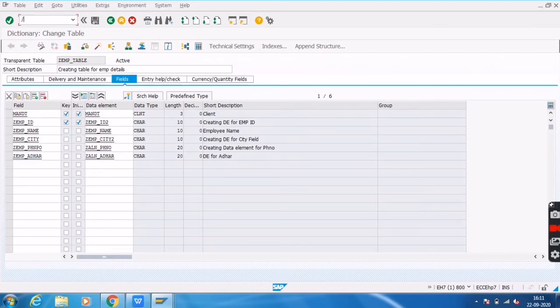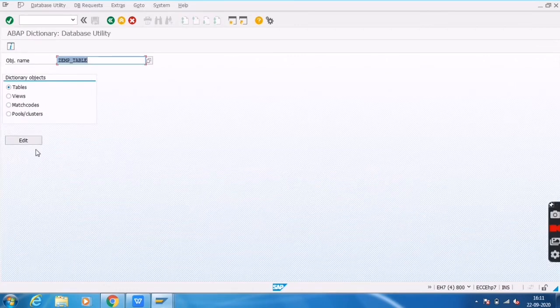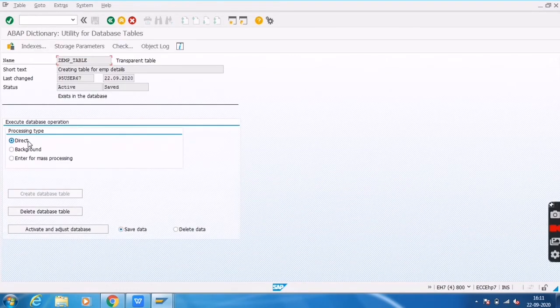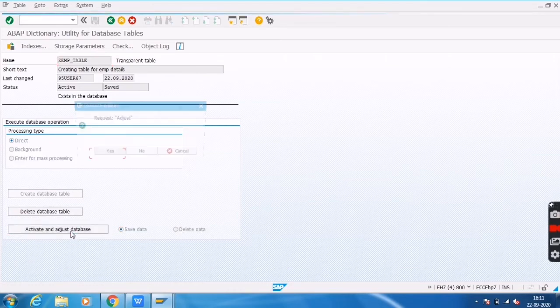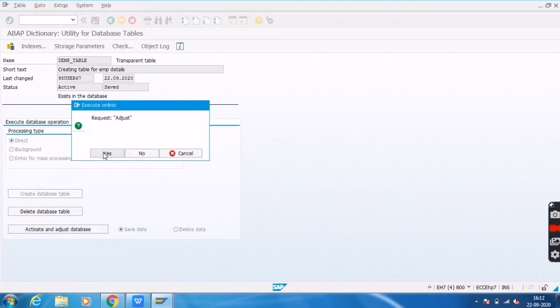First of all we will go to the SE14 transaction. We need to adjust our custom table. So we have to click edit, click on activate and adjust database. Click on activate and adjust database.